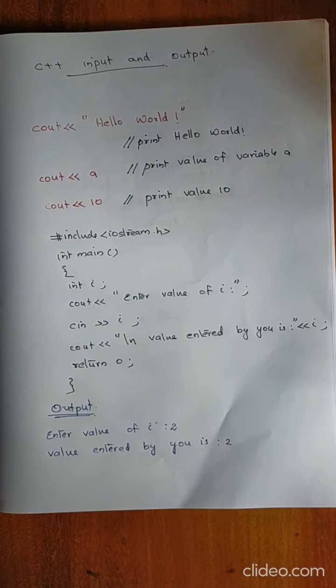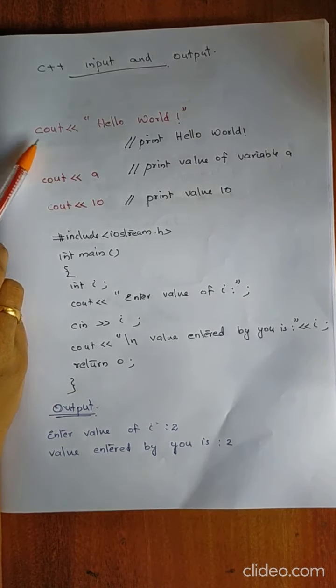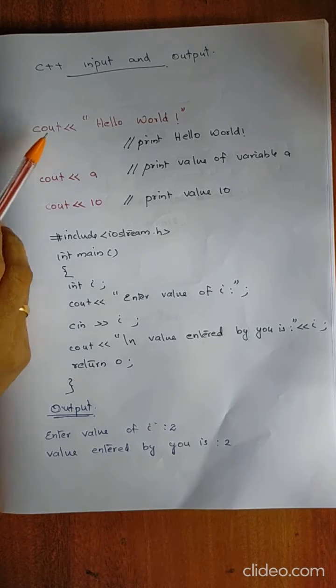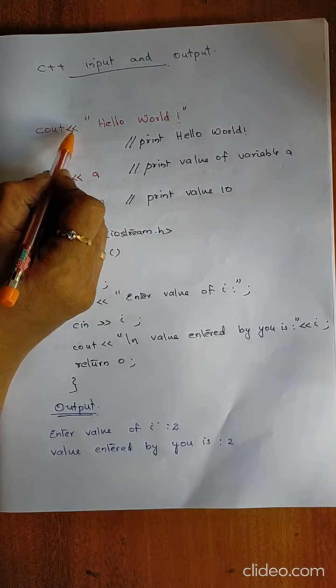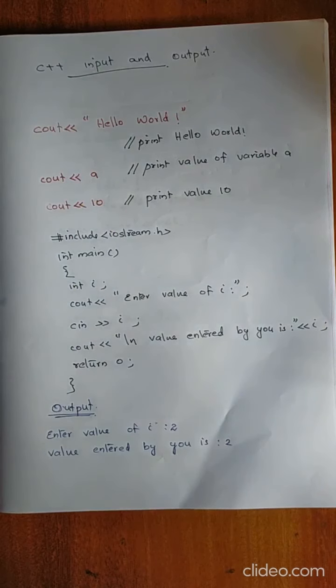C++ is similar in that you need to include IOStream at the top of your program, that is #include iostream.h. And about the output, cout. Cout is a predefined object of IOStream class. It is connected with the standard output device, which is usually a display screen. The cout is used in conjunction with the stream insertion operator. This one is the insertion operator to display the output on a console.